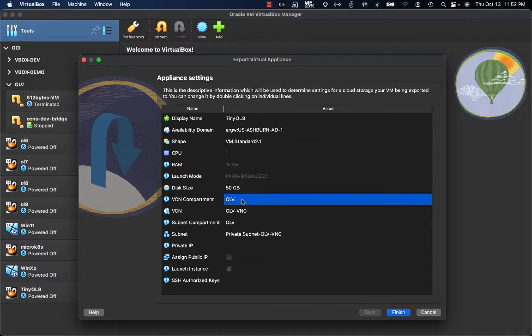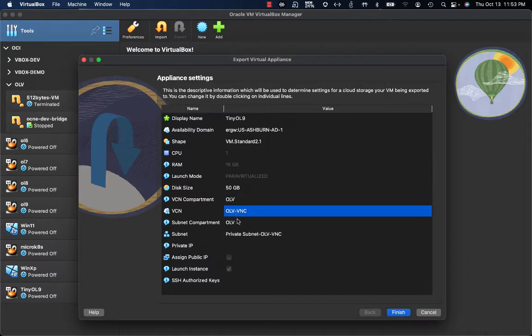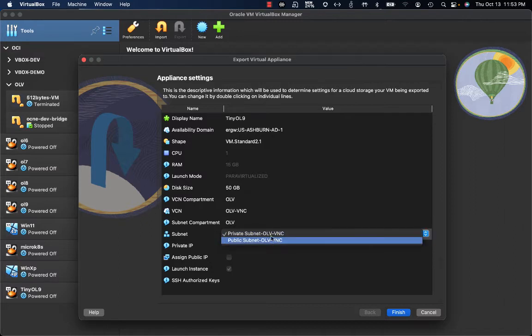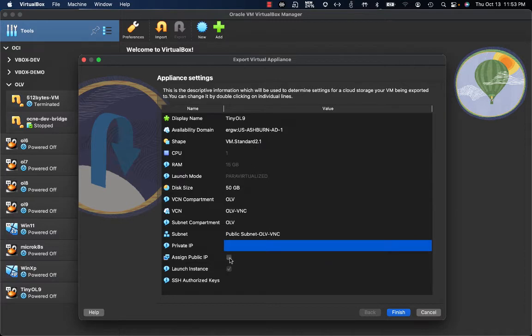And here I have also the options related to the network configuration. So I'm going to select the OLV VCN compartment. The VCN will be OLV VCN. The subnet compartment that I'm going to select is OLV. And the subnet, I'm going to select a public subnet just because I also would like to have a public IP address for this machine that is going to be created there on OCI. Now that I'm going to click on finish,